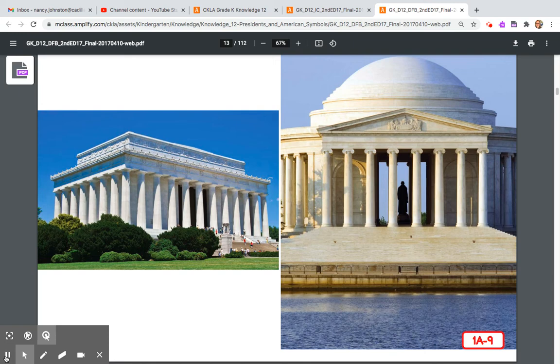One famous monument is called the Lincoln Memorial. Another famous monument is the Jefferson Memorial. These monuments are symbols to remind us how important these past presidents were in our nation.